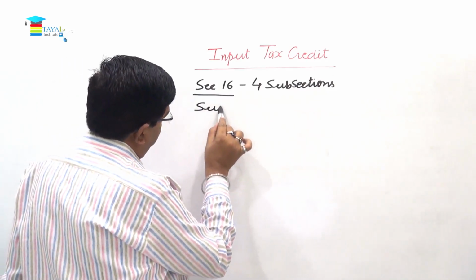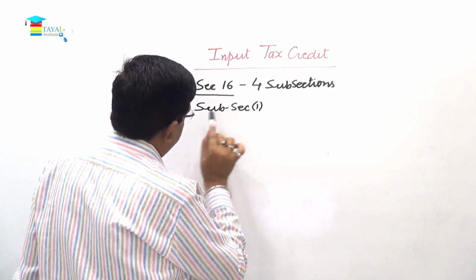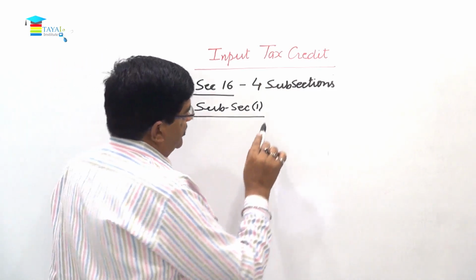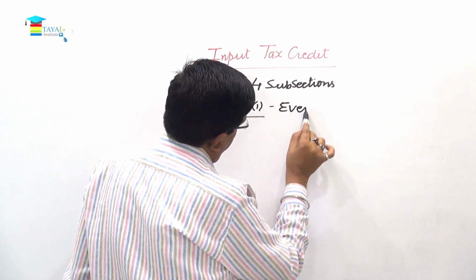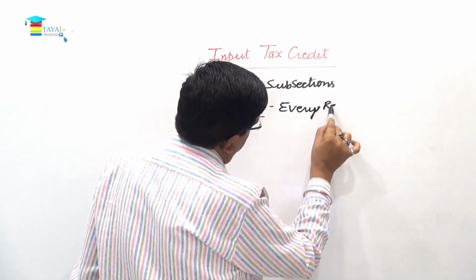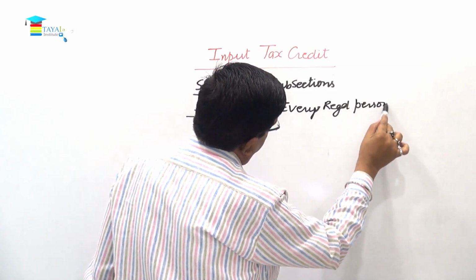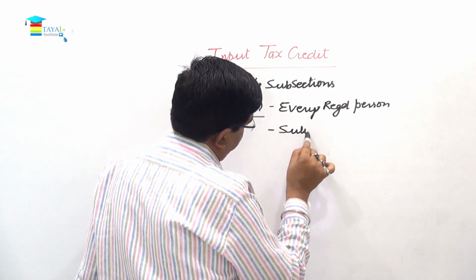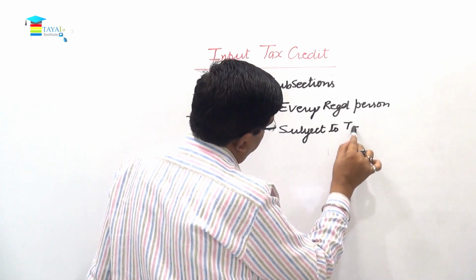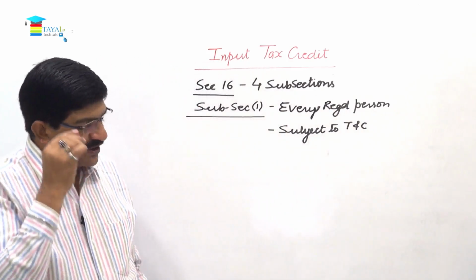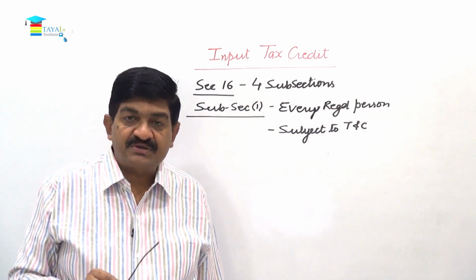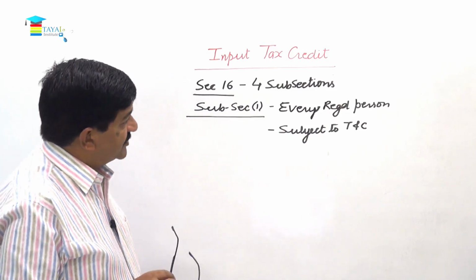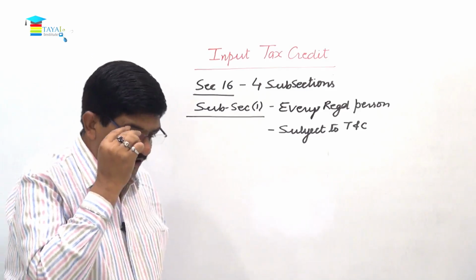Now subsection 1 talks about who can avail credit and for what. According to subsection 1, every registered person can avail credit, but this is subject to terms and conditions. Now, one very common condition which you are already aware of is that a person who is registered but under the composition scheme will not be entitled to avail input tax credit. So every registered person, subject to prescribed terms and conditions,